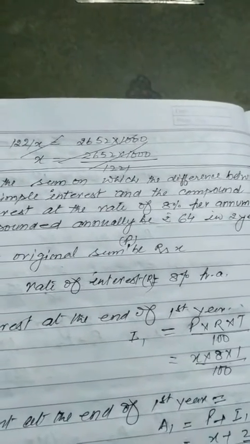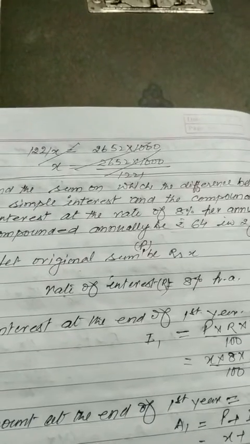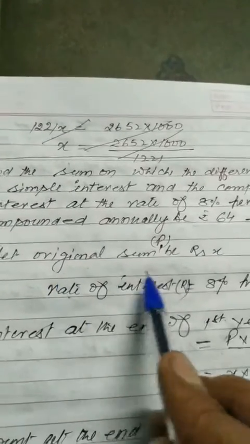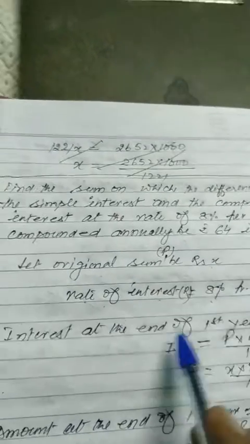अब यहाँ हमारे पास दो टाइप के क्वेश्चन है. डिफरेंस हमने फाइंड आउट करना है, डिफरेंस बिटवीन कंपाउंड एंड सिंपल इंटरेस्ट. फर्स्ट वी हैव ओरिजिनल सम, दैट इज प्रिंसिपल इक्वल टू x रुपी, रेट ऑफ इंटरेस्ट 8%,